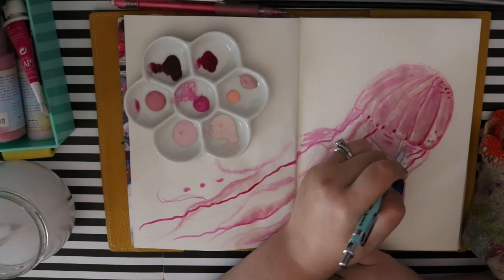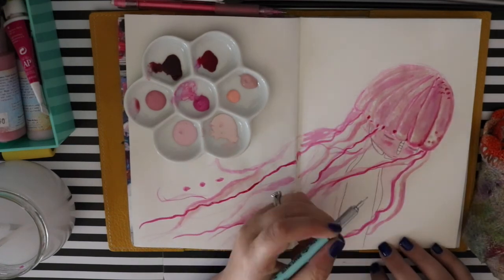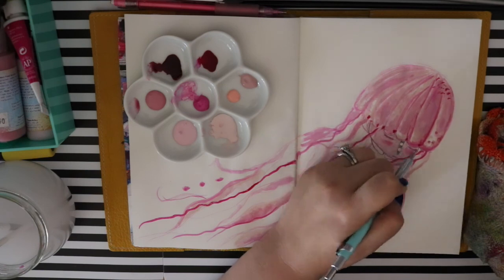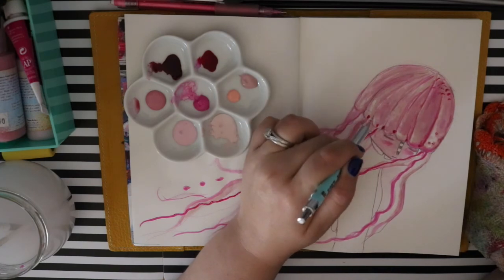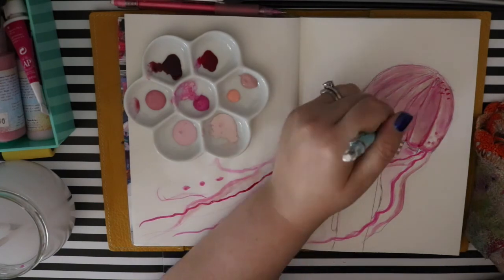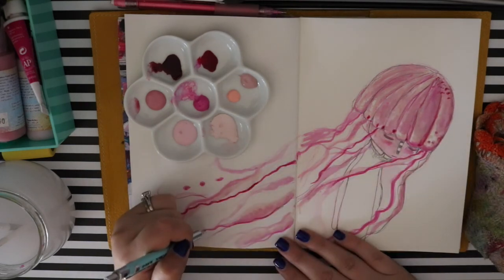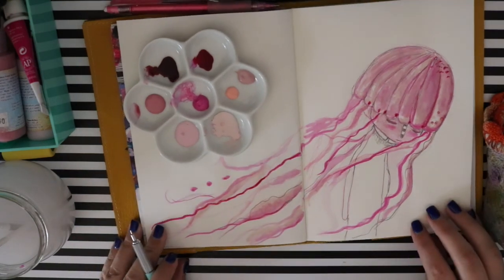I did come in with my graphic pencil, like a lead pencil, and that is purely because I was having trouble with all the pink, seeing some of my lines and seeing any definition. I didn't want all the facial features to be lined in that magenta pink, which is what I would have had to have done. So I made an executive decision to come in with lead pencil just to help my picture stand out a little bit amongst all the pink, because with all the tentacle lines and all that sort of stuff, the little creature was actually getting lost, and it was not something that I liked the look of. So I just came in with my Mab Graves